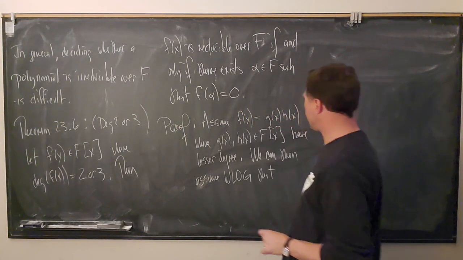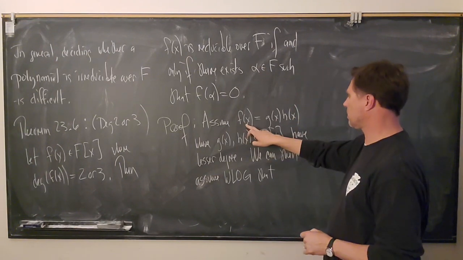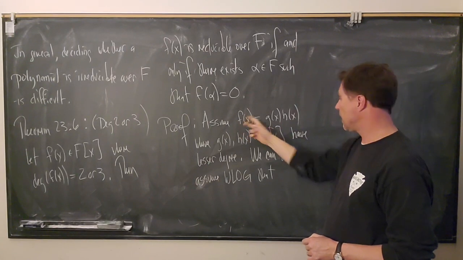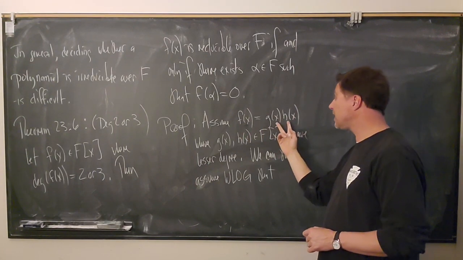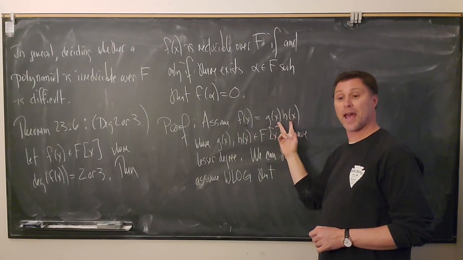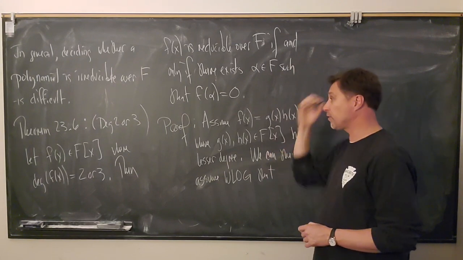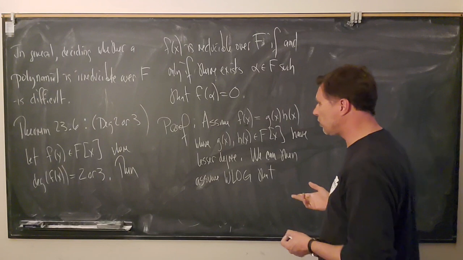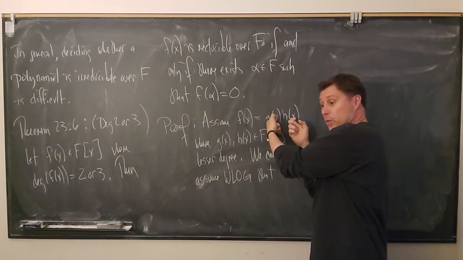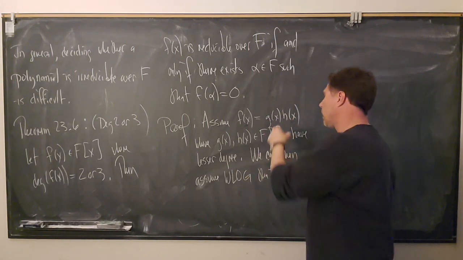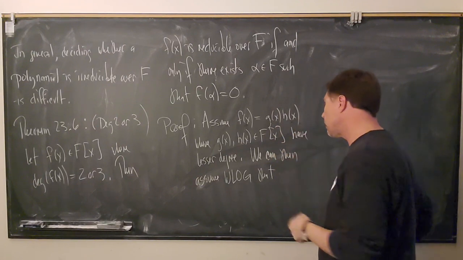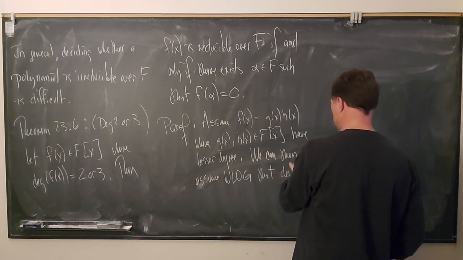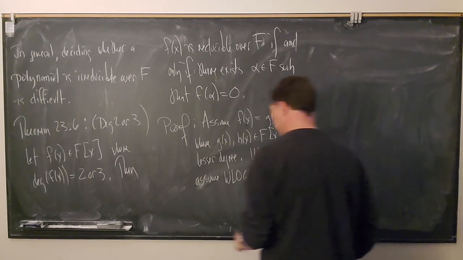So let's see, if we factor f of x, and f of x has degree 2 or 3, in this way, then at least one of these polynomials has to have degree 1. If the degree is 2, then both of them have degree 1. If the degree is 3, then one of them has degree 1 and the other has degree 2. So we can assume without loss of generality that the degree of g of x is equal to 1. And so